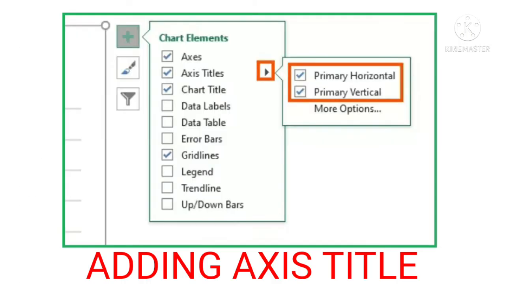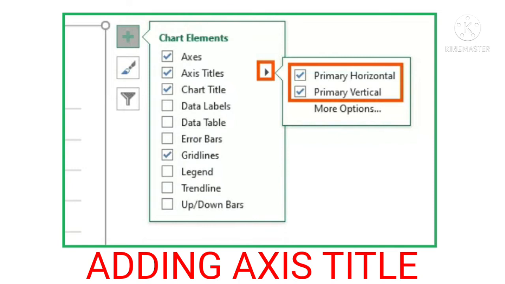The next is how to add axis title. Just like what we have done earlier, click on the Chart Elements button, that is the plus sign. There you can see different options. From that, select Axis Title and select Primary Horizontal option to add a title for the x-axis, and select Primary Vertical option to add a title for the y-axis.